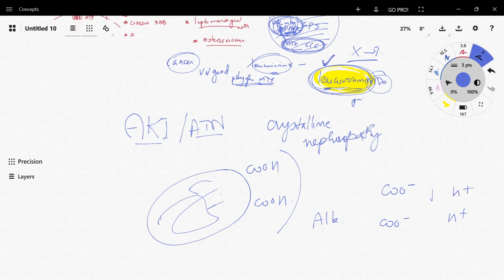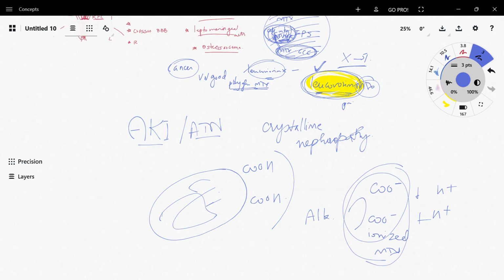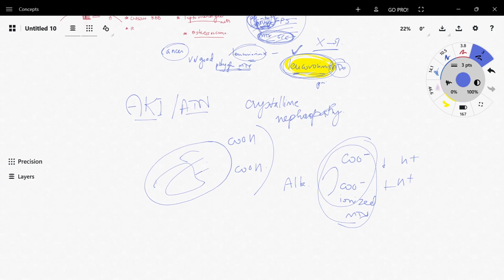So this is the ionized form of methotrexate, and this does not clump up and crystallize, right? If it is in a non-ionized form, it gets crystallized. If it is in an ionized form, it doesn't get crystallized, and that is why it is very important to